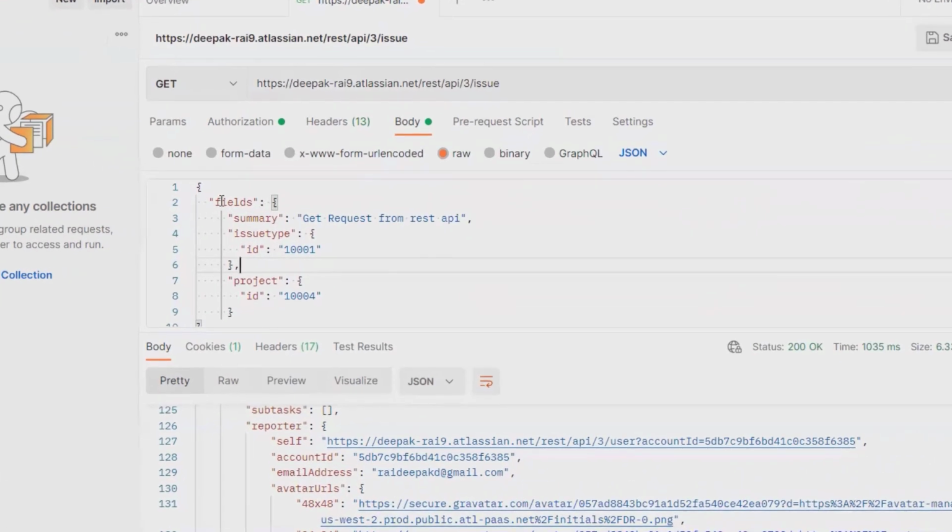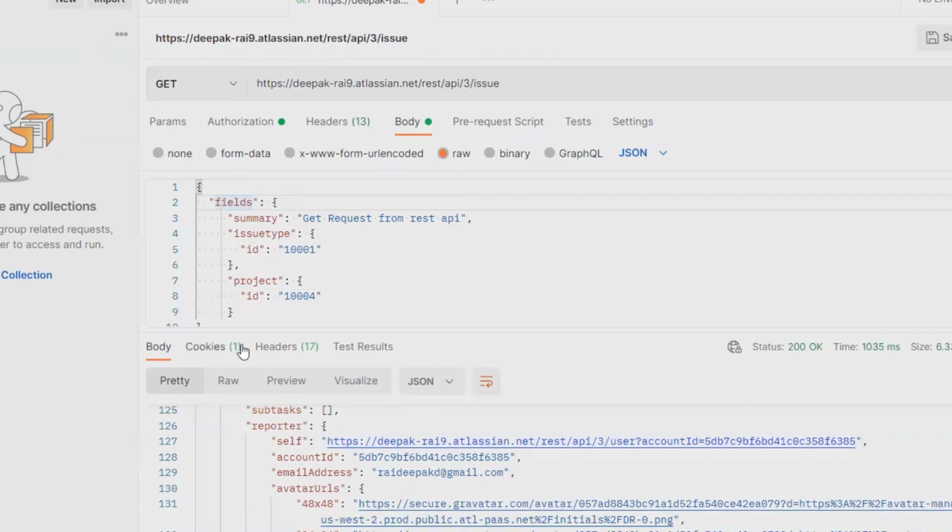So here you can see fields. I've just started with small content so that I can extract the defect detail from the Jira login credentials. Now I've just added fields: summary, issue type, ID, project, and ID.